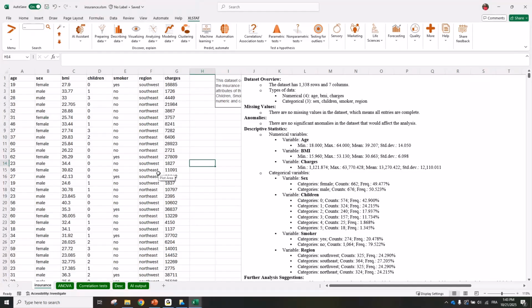That sounds great. I don't have any more questions, actually. Do we have any questions from the audience? Anything you're wondering about XLSTAT? Anything you would like to compare to other statistical tools? Well,